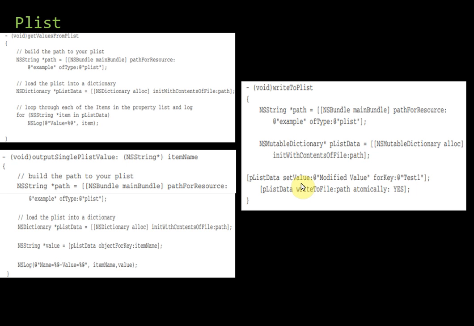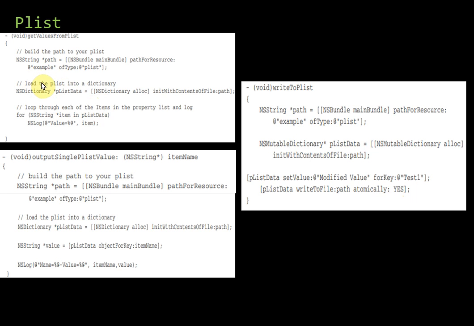In this case, it's allowing you to change the value of a key and then write the plist database to a file, that is example. So what is this doing? This particular code is allowing you to write some data into your plist file. That is, you can modify the data, you can change the data, and after that, that particular data will be written to the file path automatically. So it is going to write into the plist database with the file name. What is the file name you have given? You have given example.